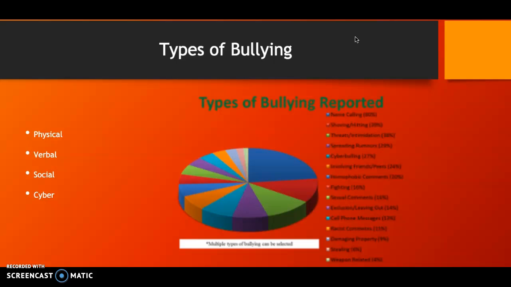There's also social bullying, which is the spreading of rumors and gossiping about other students. This again is more common in girls than boys, but is a cross-gender issue. There's also cyberbullying, which in today's world is becoming more prevalent. This type of bullying takes place online and across social media platforms, and is very common in today's information and technologically advanced and connected age.